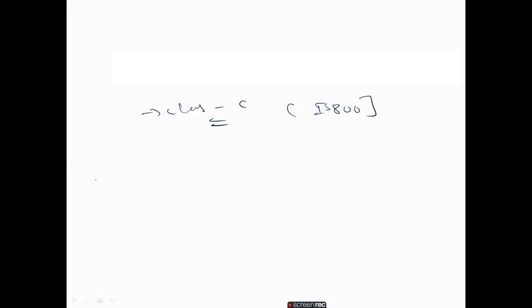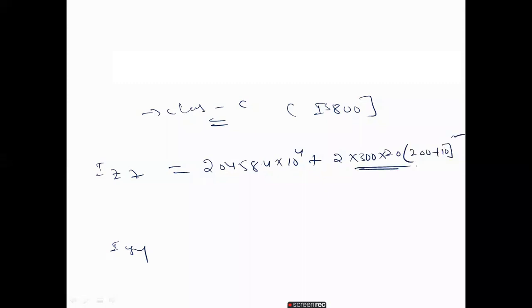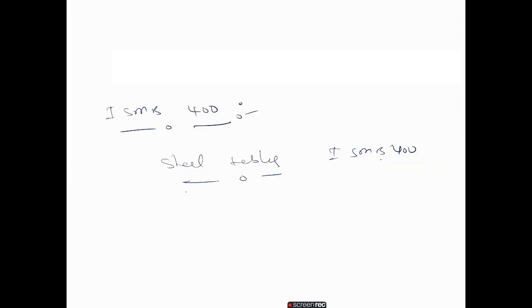Okay. For this one, we have to calculate the sectional properties, IZZ as well as IYY. IZZ is nothing but you have to calculate. We know already IZZ from the table. We got this one plus 2 into flange thickness area into y square. 300 into 20, y is 200 plus flange whole square. How we got this one? IZZ is nothing but IZZ plus here A y square. Okay, area is nothing but for this case two flanges are there.